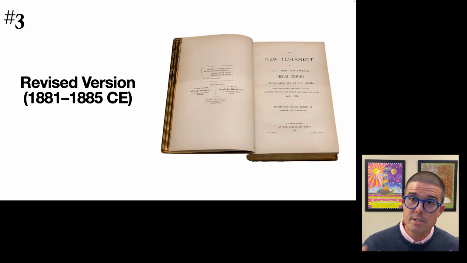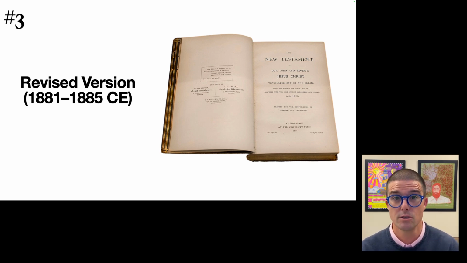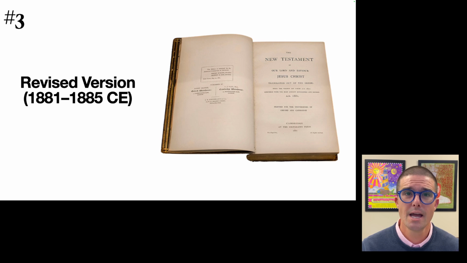The first part of it, the New Testament, generally speaking, when translation happens, the New Testament comes out first because it's shorter and can be completed more quickly. The New Testament was published in 1881 with quite a bit of fanfare attached to it. And then the rest of the Bible, the Old Testament, was completed in 1885, and then eventually the Apocrypha was also revised and released in 1895.